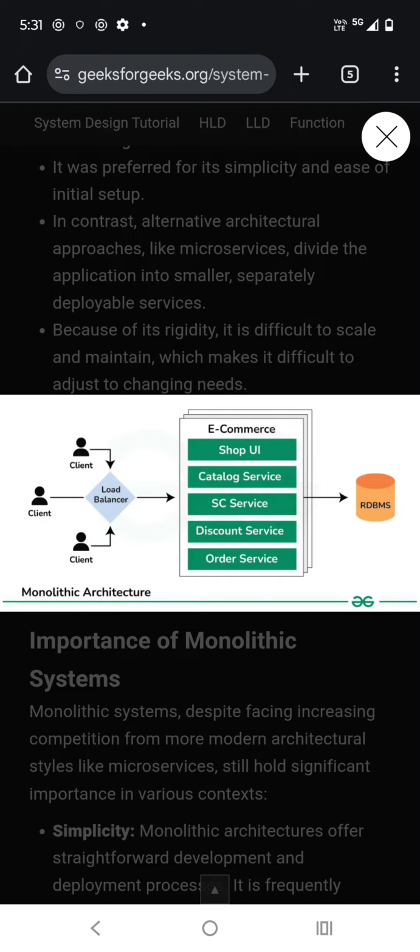So basically, in a monolithic application, we always have one application, one module. Everything is created in a single application, all the modules. But there is a problem with the monolithic application. Here I am going to build an e-commerce application, and it is going to have a shopping UI, catalog service, discount service, orders. Many services are there. But if tomorrow I want to add more services, the application is going to